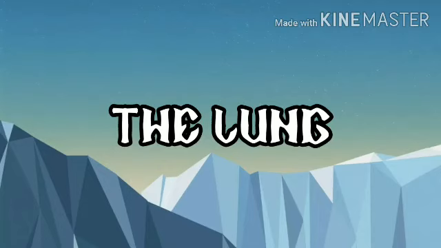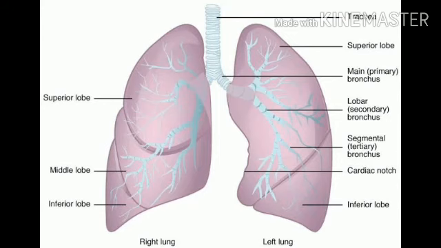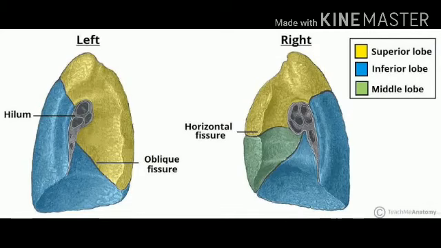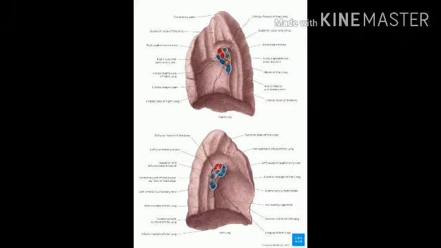Next, we are going to discuss the lung. The lungs are a pair of respiratory organs situated in the thoracic cavity. Each is cone shaped, with anterior, lateral, and posterior surfaces which contact the ribs. The superior tip is called the apex, just deep to the clavicle. The concave inferior surface resting on the diaphragm is the base. The lungs are heavier in males than in females.